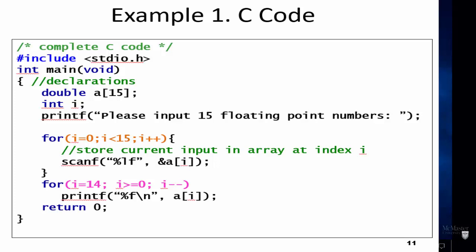Good. So you need 15 floating point numbers, then you define a double array of 15, and then this i is for your iteration of the 15 loop. You need a loop because you need to tell the user to input 15 inputs each time you read one of them. We have done this before, so basically this is a loop of 15 elements. Inside this loop, you need the scanf to read the input, but what you do now, instead of storing this in a